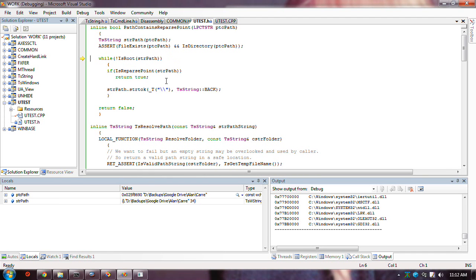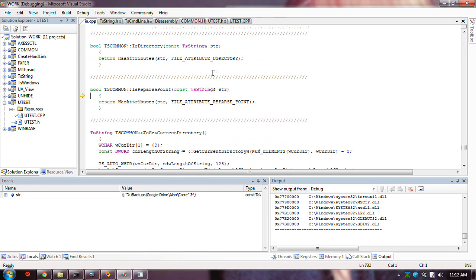I'm checking to see if the given path is a reparse point. And the way to do that is quite simple.